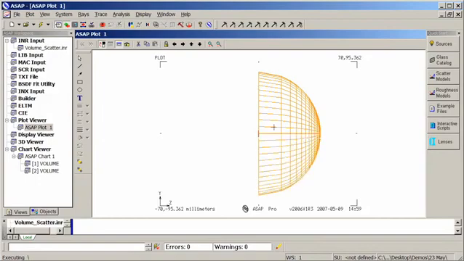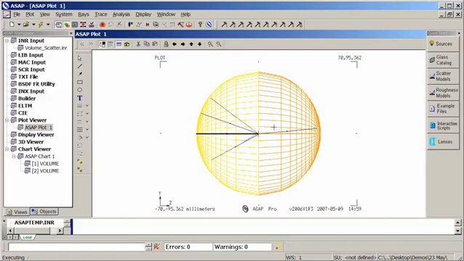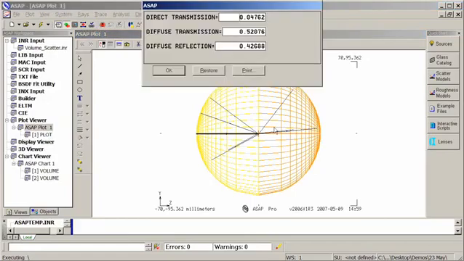Within ASAP, you can decide what the preferential direction of the scatter is. Is it in a 360-degree sphere? Is it preferentially in a forward direction? Is it preferentially in a narrow direction? You can also ask ASAP to capture data at different locations within your system so you can get information about